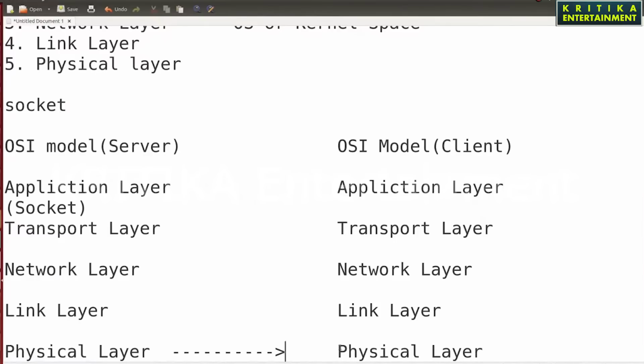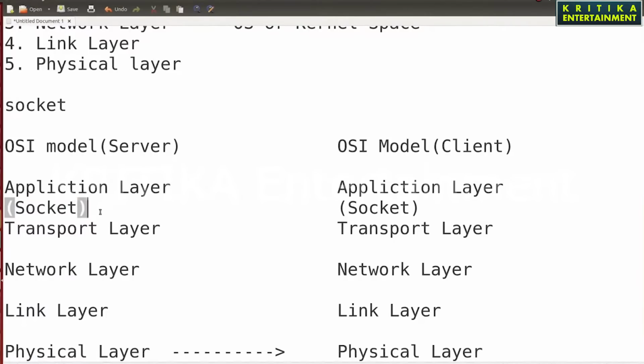From the physical layer the data goes back up to the link layer, network layer, transport layer, and then it will be written into a socket. That means any data arriving from the transport layer is first written into the socket, then the application layer reads the data from the socket. So between application and transport, the socket is used as an interface or as a file.